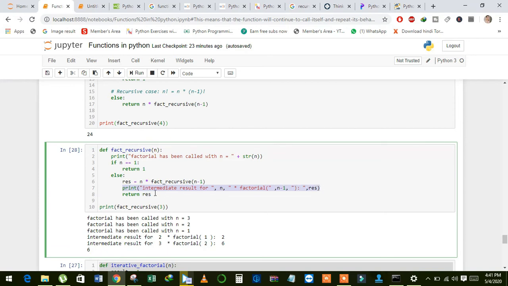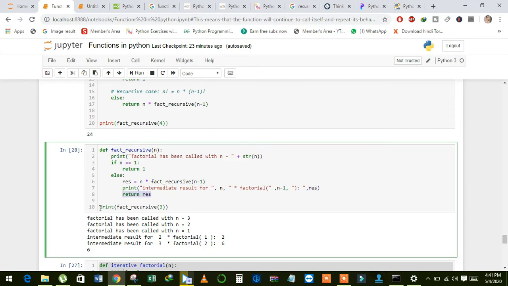Now the message is intermediate result for n. It will display the value of n, then this is just a message, and the value that is reduced by 1, and then the result, and then I return the result.